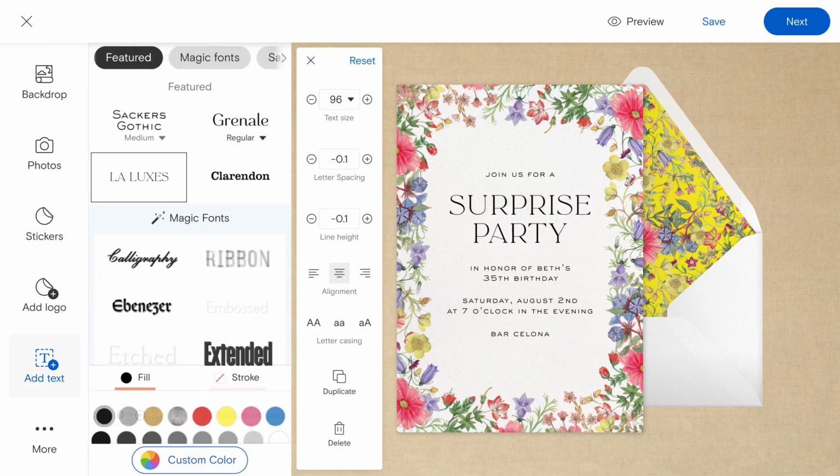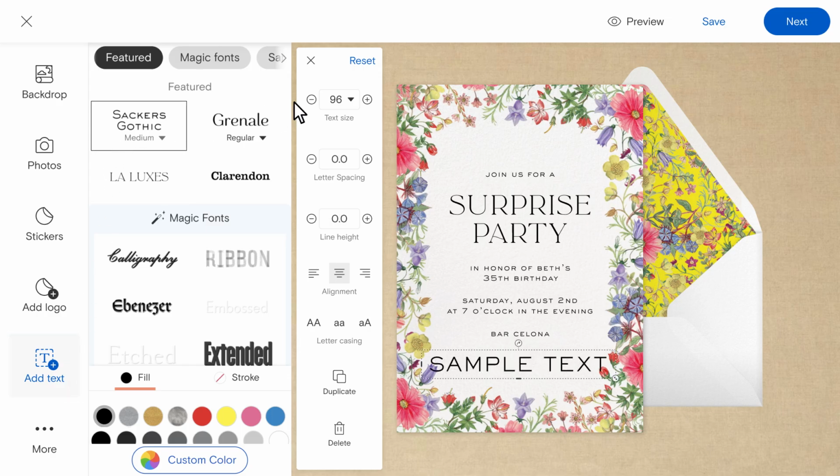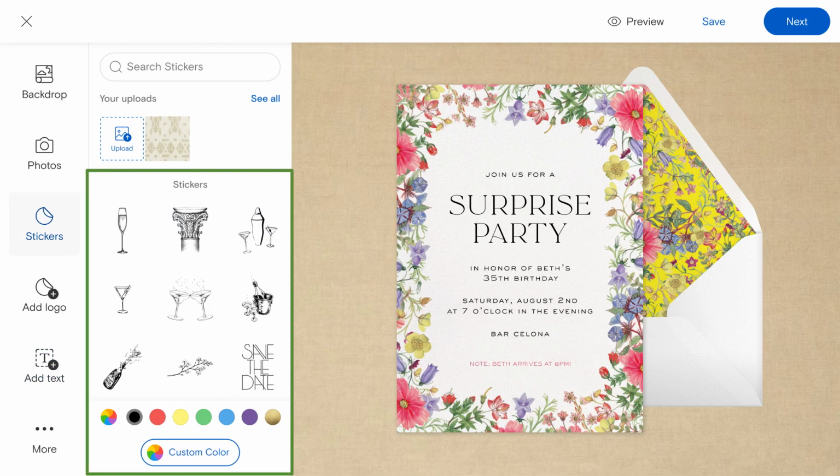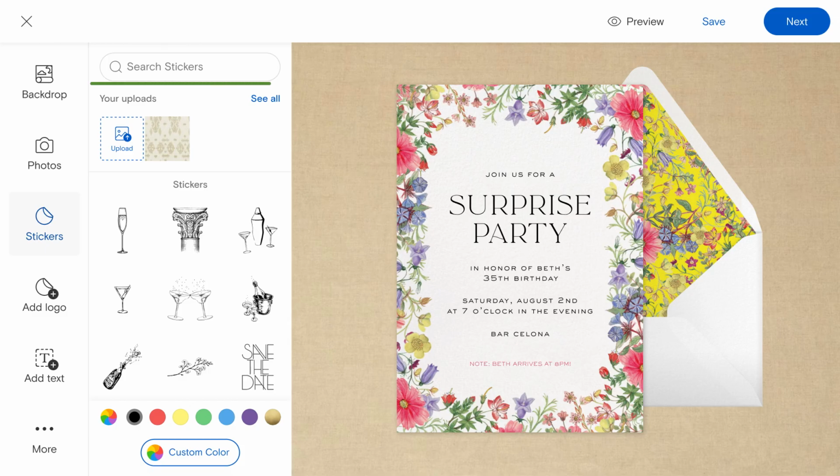Include more event details in additional text boxes by clicking Add Text and follow the same steps to adjust the text style and formatting as desired. Further personalize your invitation by adding stickers. Select Stickers on the left-hand menu to browse from our image options, or upload your own for a truly customized feel. Click and drag to resize and adjust the placement of your sticker, and change the color to complement your